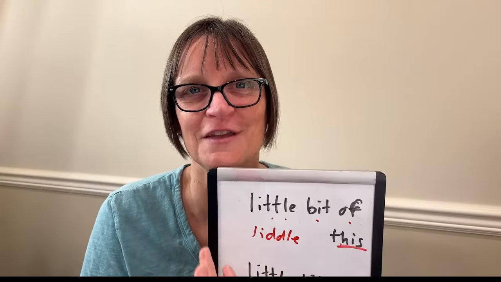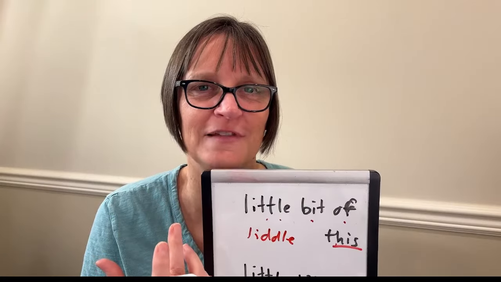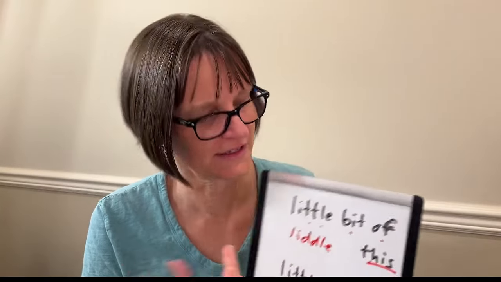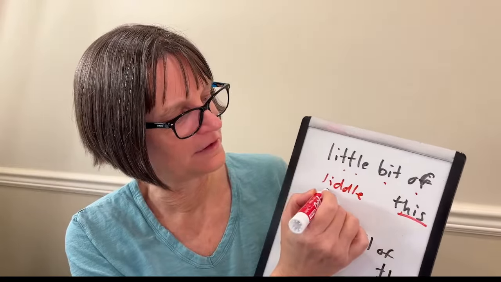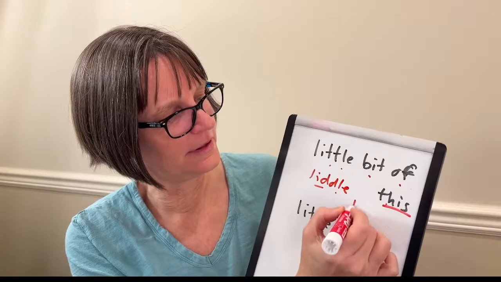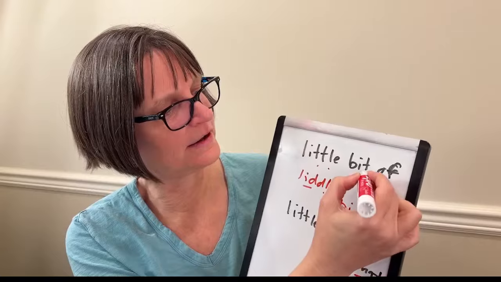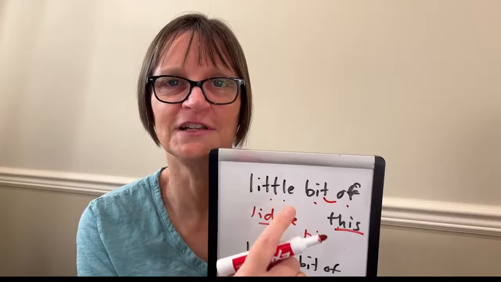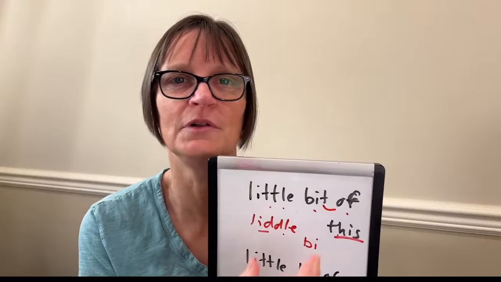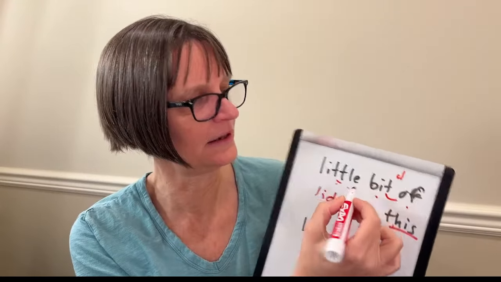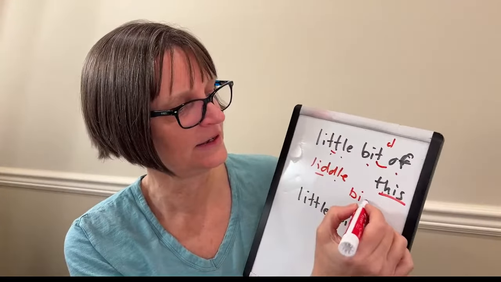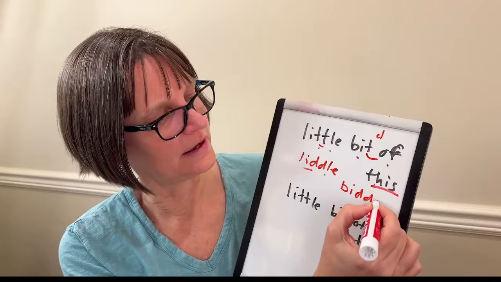If you picture it and think of it as two Ds, that may help you get that flap sound and that syllabic L more easily. Little bit of. And so I'm going to have a stress pattern of "little," and then in "bit of," again, that's going to link. The T is going to follow the rule. It's followed by a vowel, so it's going to be a flap sound, just like the flap in "little." Sounds more like a light D. So it'll be like "little bit of."